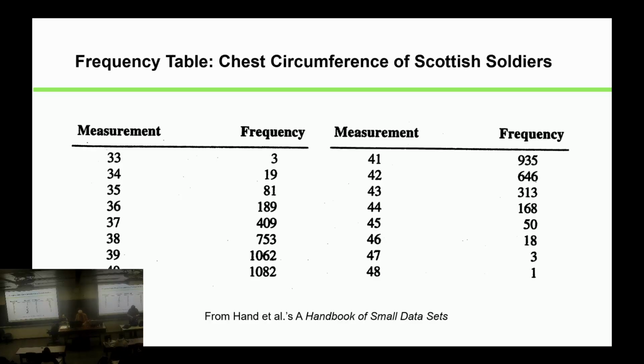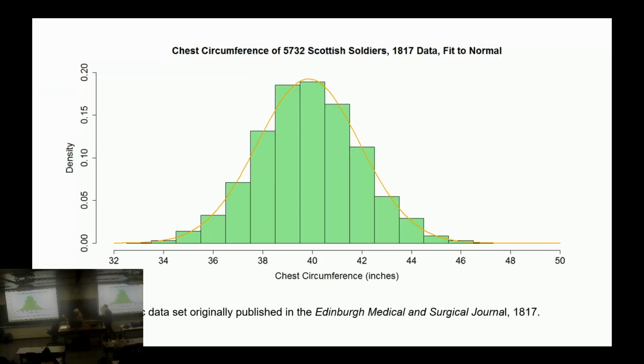And if we plot those as a histogram, we would have these discrete bins here. But then if we fit a normal distribution over that with the same mean and standard deviation, that is the curve in the color here. The idea being that we're using the normal distribution to model a real phenomenon, which is the chest circumference. So I think you can see the idea that the bell-shaped distribution of the chest measurements can be pretty well approximated by this theoretical model.